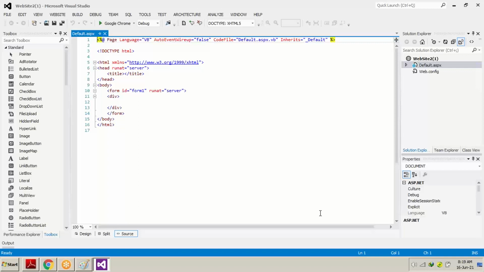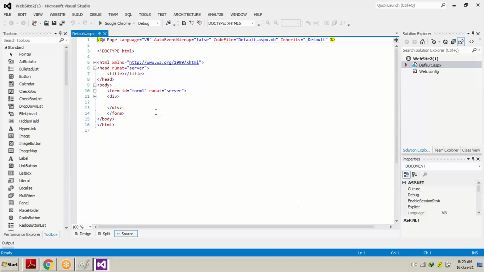Okay, you can see some HTML code, some HTML is written by itself. We haven't written any HTML, but a few HTML parts are written by default. This is very interesting in Visual Studio, that you don't have to write HTML. Though in advanced form, you might need to write HTML according to your need, but for beginners, I will show you how you can escape the time of writing HTML code.